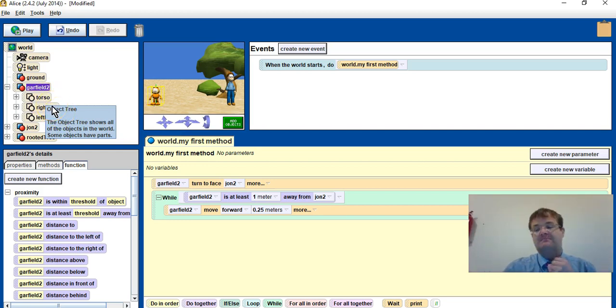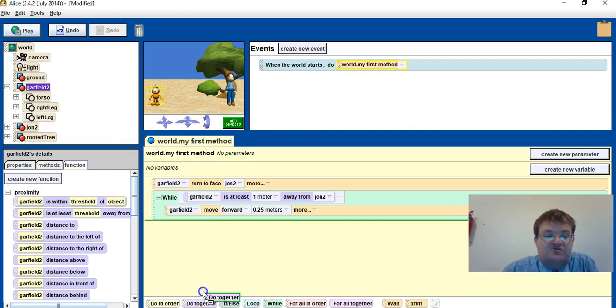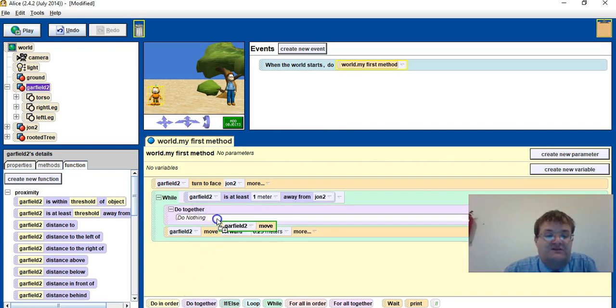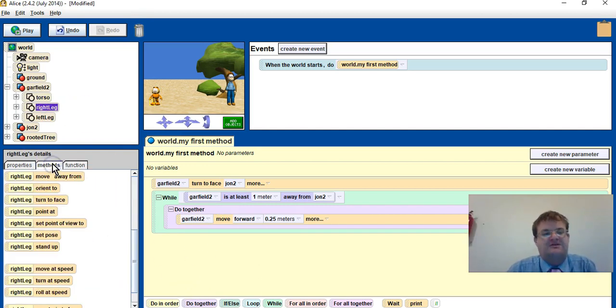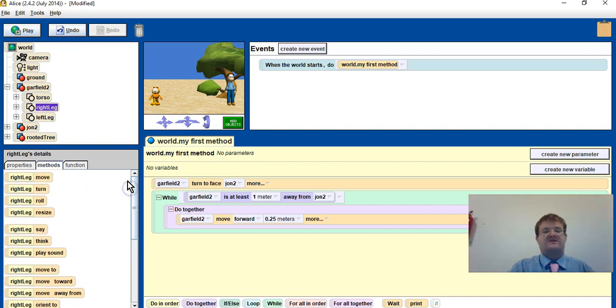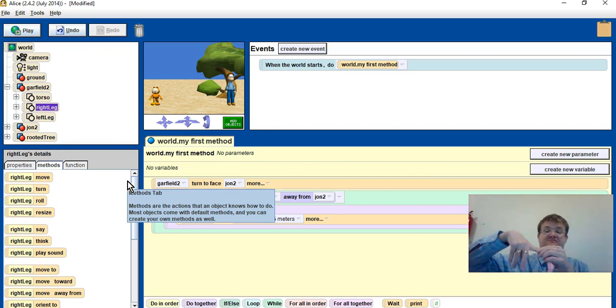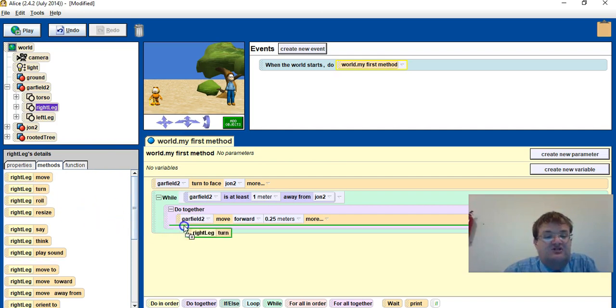But I want when the left leg goes forward, the right leg goes back. So I need them to happen at the same time. And there is another control structure called do together. And I can drag this in, and move into here. And then I move to right leg and method. And I've got to look for the right method to make it move. Well, if I say move, his leg will move out. I want to actually turn his leg. So I can go right leg, turn,